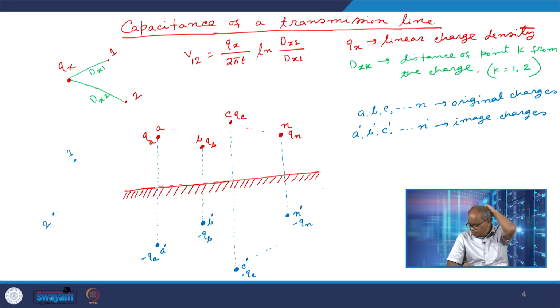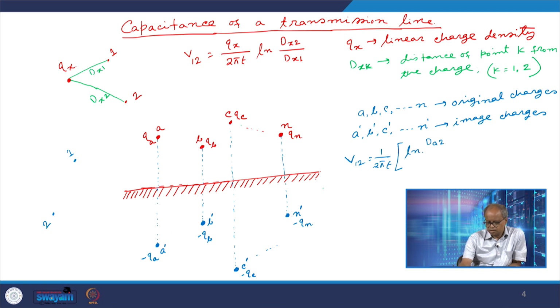Then the potential difference across these two points, point 1, 2, would be contributed by this charge, this charge, this charge, this charge, as well as all these image charges, that is this charge, this charge, this charge, this charge. So I can say, for example, V12 would be, say, 1 by 2 pi epsilon, then say log